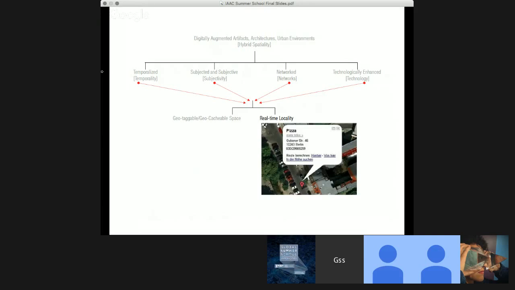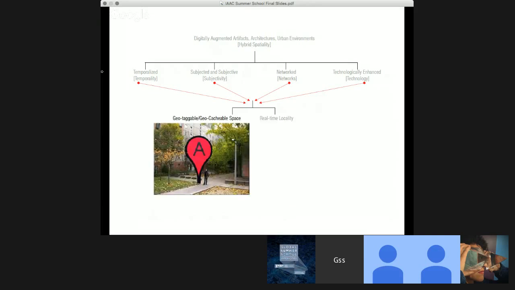In what I define as real-time localities, the virtual representation of space is the interface through which information is acquired and delivered, like a dynamic interactive Google map populated with placeholders for various real-time information accessed by a sedentary user behind the computer screen. In what I identify as geotaggable, geocacheable space, the physical space itself becomes the interface for the acquisition and delivery of digital content.